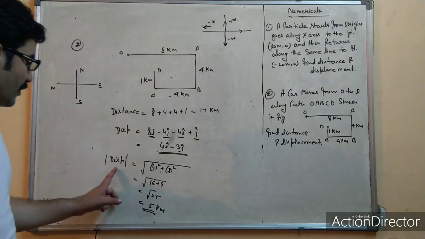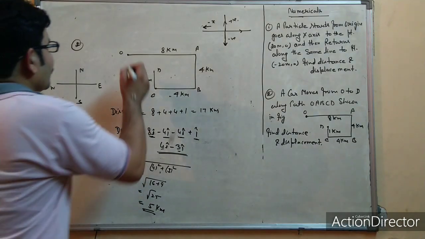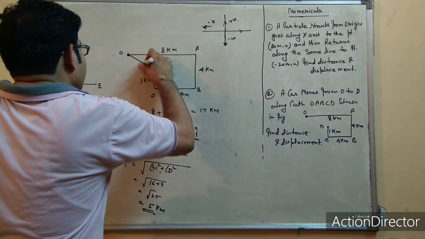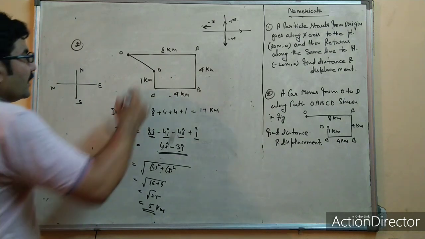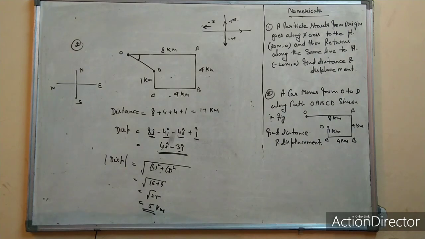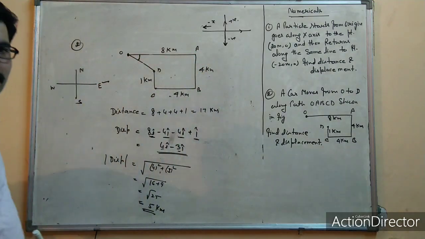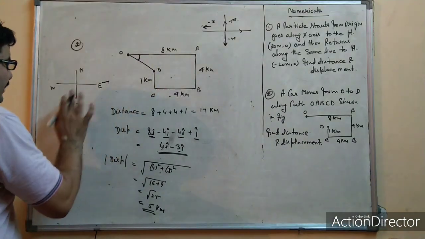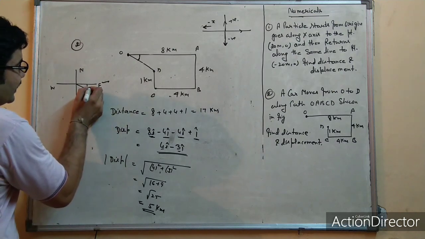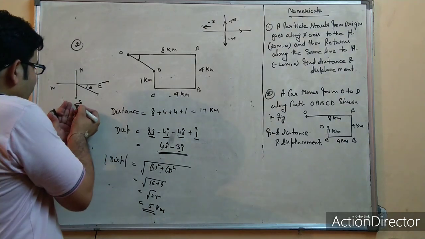Now what about the direction? Find the direction from where you were. We were here, and at that time we are here. So draw this line and find that angle. This angle is along which axis? This is the east axis, and you are in that direction, in that line. So your angle will be this one. Let it be theta. So its direction is south of east.